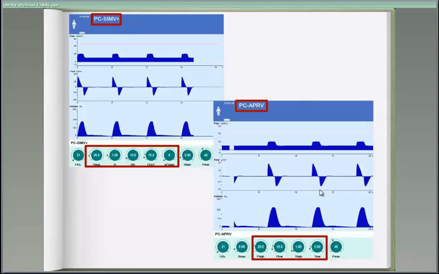So the way you set APRV may actually be no different than pure pressure control. The difference is really in the airway profile. And I think this is really key, and this is based on some of our understanding of how the lung